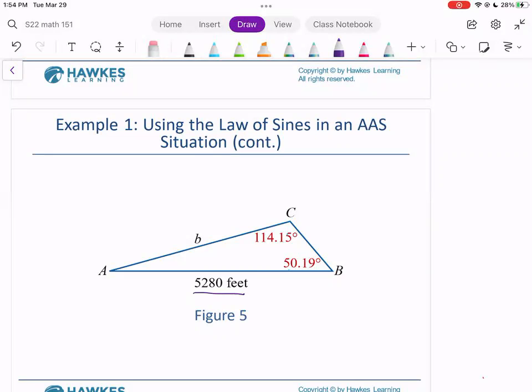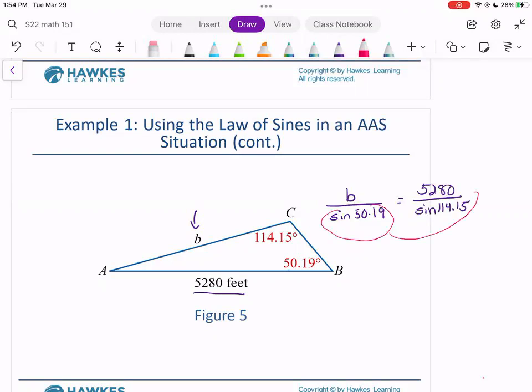We can therefore determine the length of this side by doing b over the sine of 50.19 is going to equal 5,280 feet over the sine of c, which is 114.15. When we multiply this and bring it up, and using our calculator to determine that, we can determine that the length of side B is